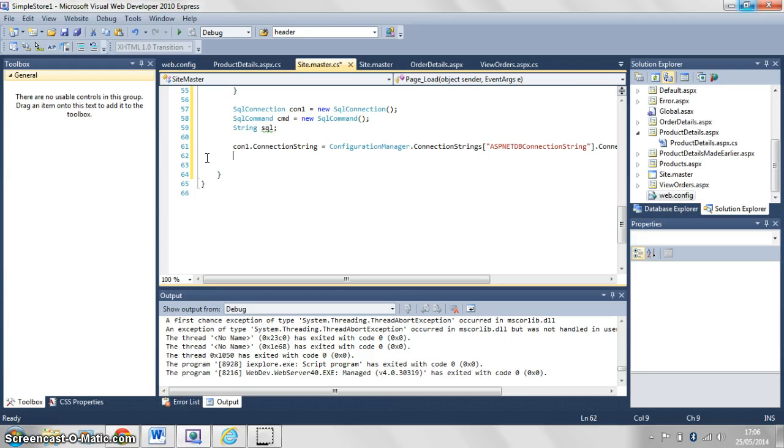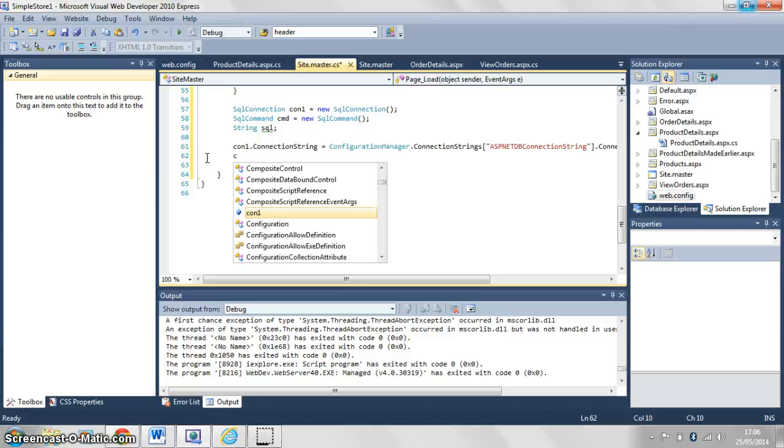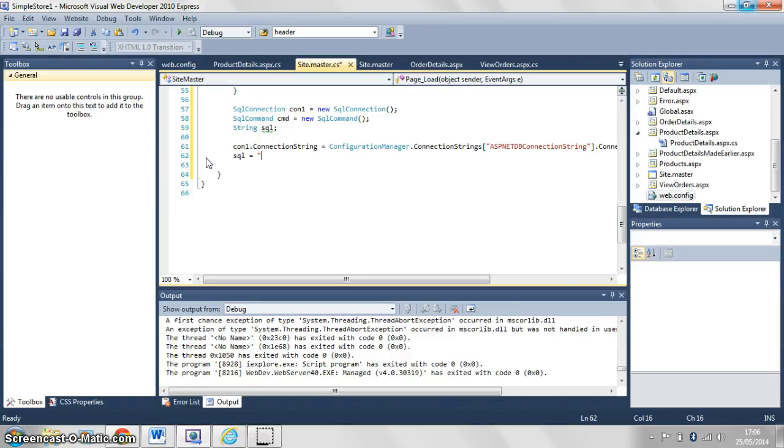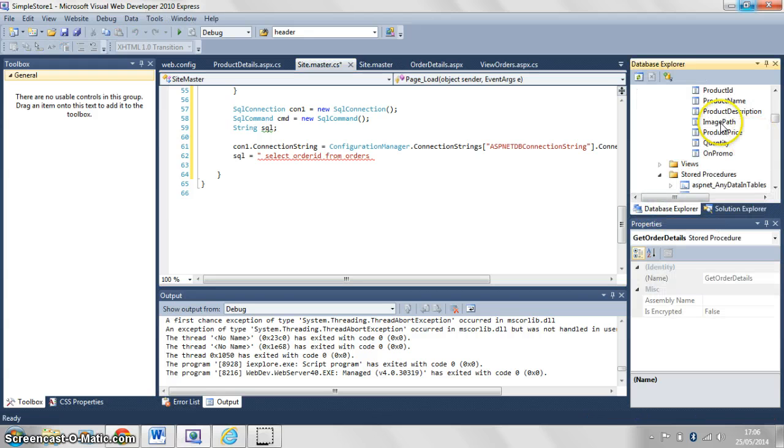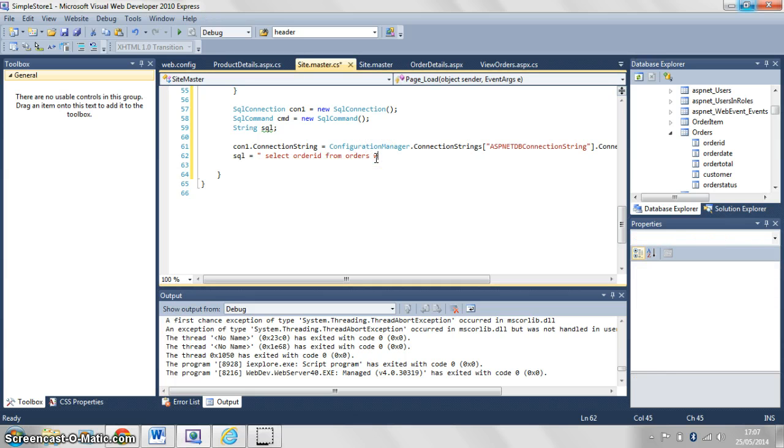Now we're going to need to start building up our command. So we'll build up our SQL first. So SQL statement is equal to, I'm just going to get the order ID from orders. Let's just check what I called the table in the database. Was it order or orders? Orders. And the field was order ID. So select order ID from orders where